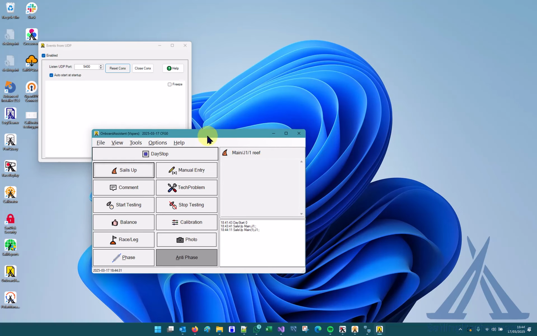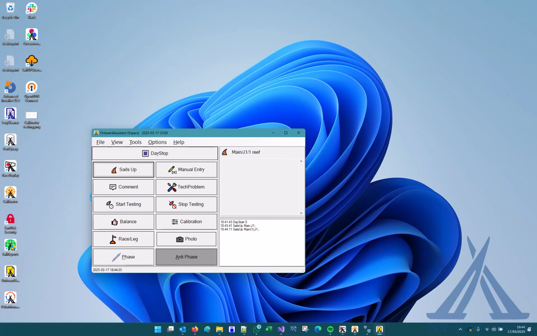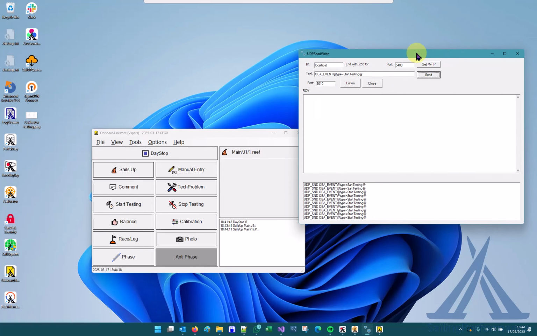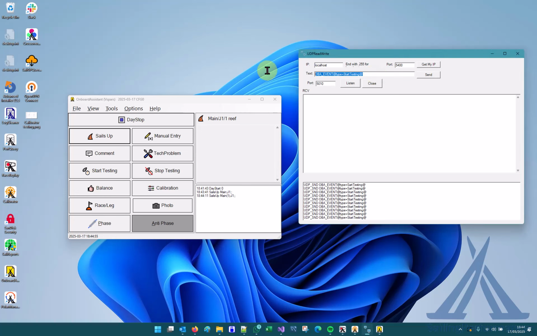Let's now see this in action. So we can close this window. It's in the background now. And I've got a UDP simulator up here, which goes to my localhost. So on this same computer, I've configured it for the port that we just entered. And then I'll give an example of, let's say, currently we have a J1 and one reef. Let's take a sentence that specifies a sales up with main and just J2 and no reef. If I click send on this,